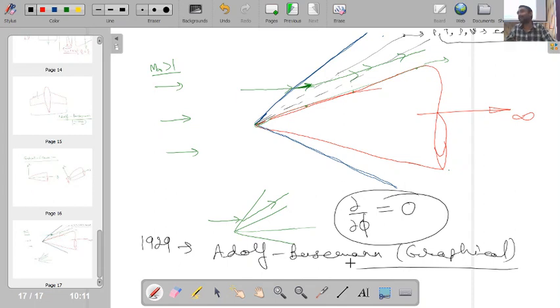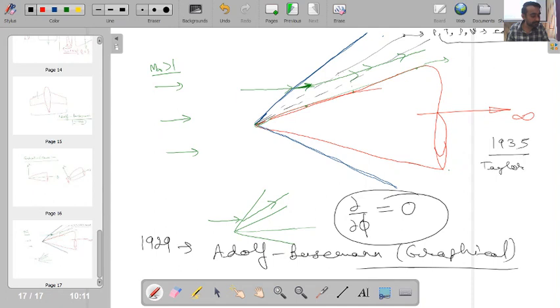And by that time, as you saw in our initial history lecture, supersonic flow became matured only after World War II. So people did not even know much about supersonic flow, and he gave a graphical solution at that time. And later on, in the year 1935,